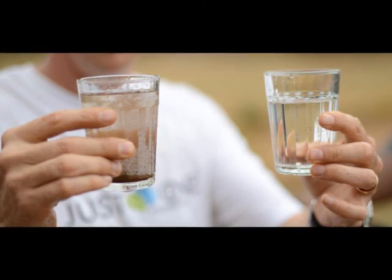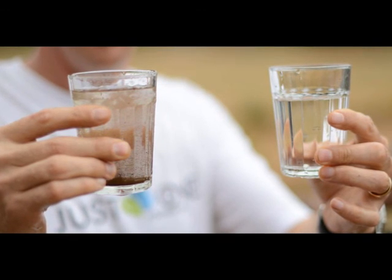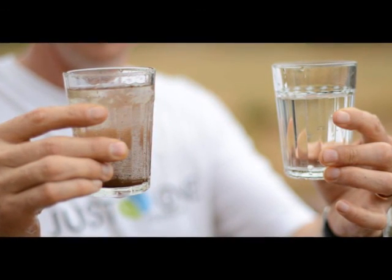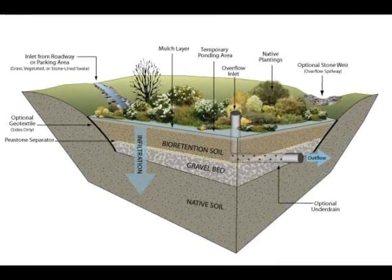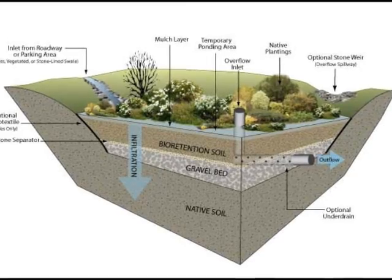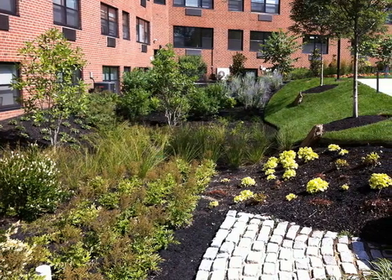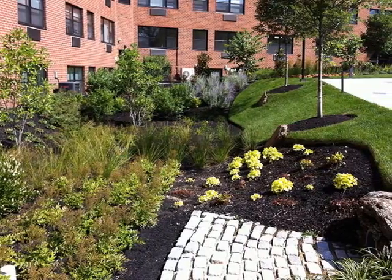The test results indicate that the effluent from the bioretention cell is cleaner than the river water from Paint Branch Creek. In some respects, it was even cleaner than the tap water. Bioretention has been known to successfully filter nitrogen, phosphorus, suspended solids, and heavy metals from stormwater. If bioretention cells can be incorporated in more urban development designs, the overall quality of water in the surrounding environment